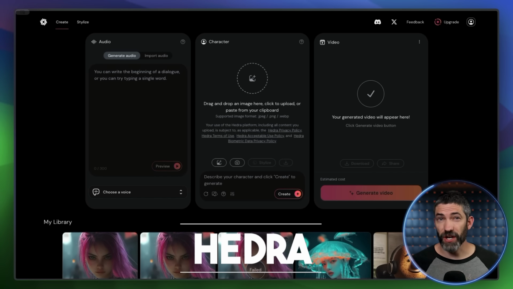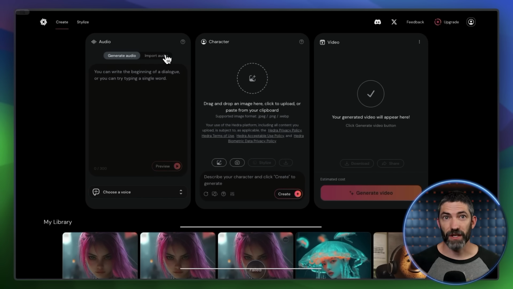I'm going to show 2 different lip syncing tools. One only works from an image, but is very expressive. The other can map lip syncing and facial movements onto a video. First is Hedra. You get 5 generations per day under the free plan, and the lip syncing is much more